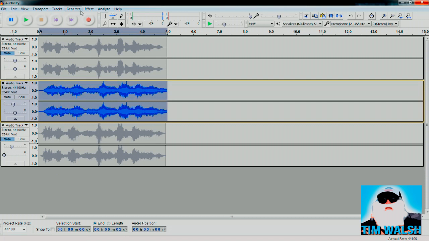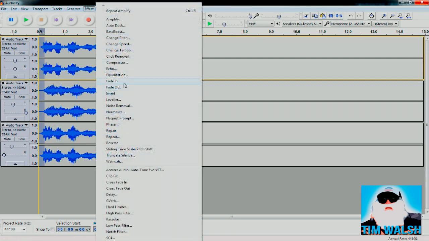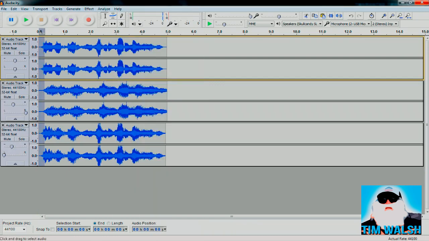Now, what we want to do is pull this one all the way to the right. This is just how I like to do it. There are different ways of doing it. Now, this is pretty much it, but we want to drag all 3 layers, and give them a fade in and a fade out. Like that. Now, this is our final product, guys, for the Lich King.